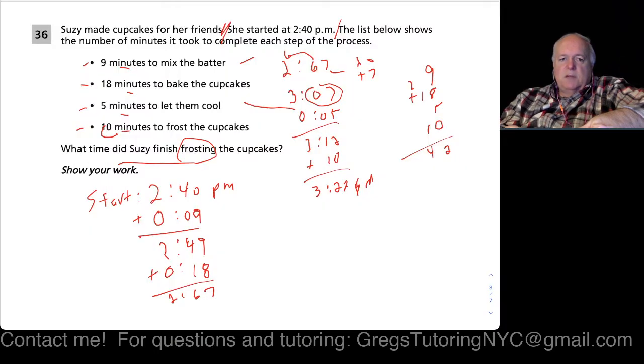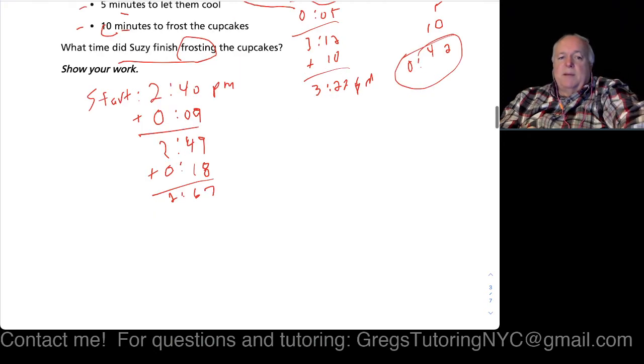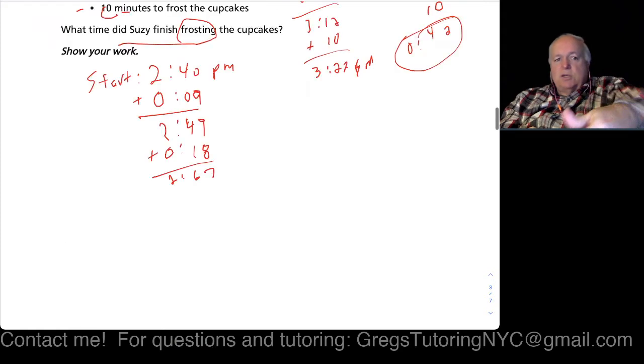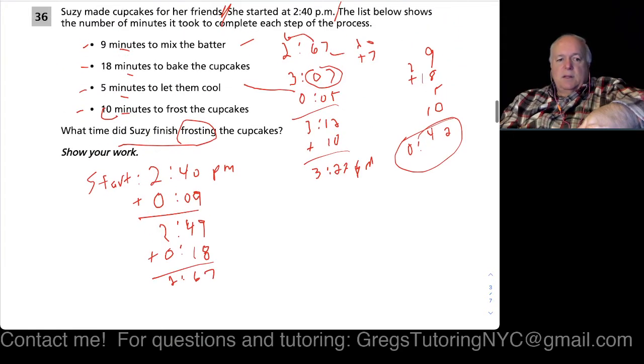15, 25, 33, 42. Yep. So you get 42 minutes, and some kids might think this is the answer because they did a lot of work already. But if you come down here, it's not 42 p.m. All right. But anyway, what we had to do then, if you solved it that way, is take the 2:40